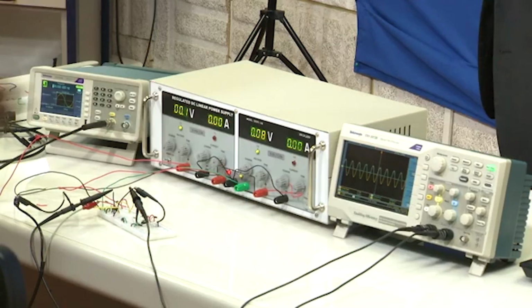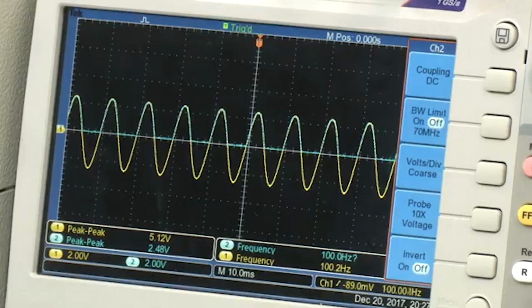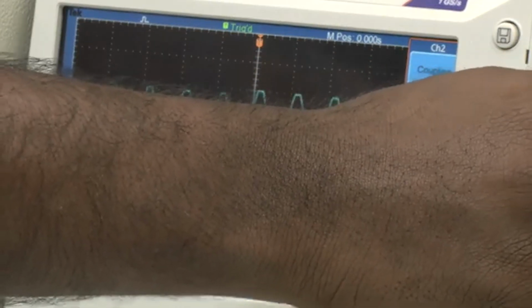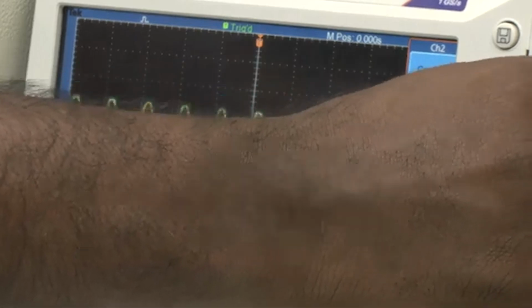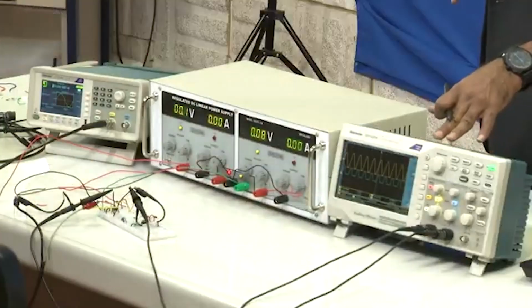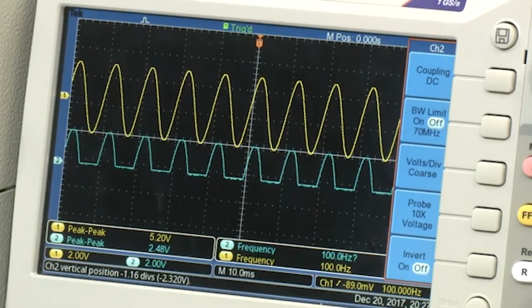If I decrease the frequency, what will happen? Let us see. Can you please decrease the frequency? 100 hertz. See, at 100 hertz also, please change your output on the y axis so that it is different from the input. Yes, easy to see. Yeah, that is it. So now you can see very clearly